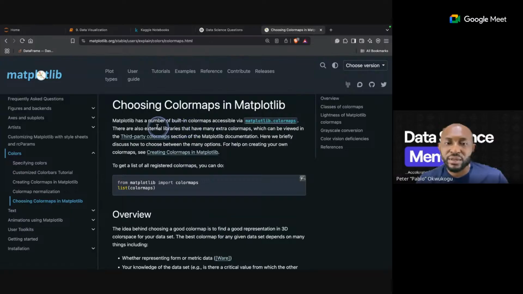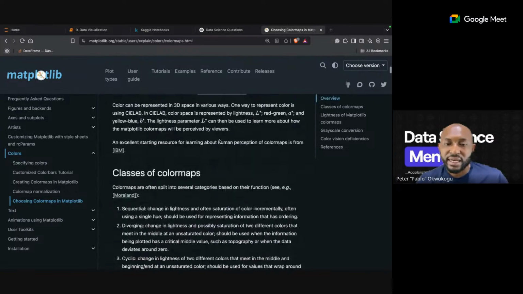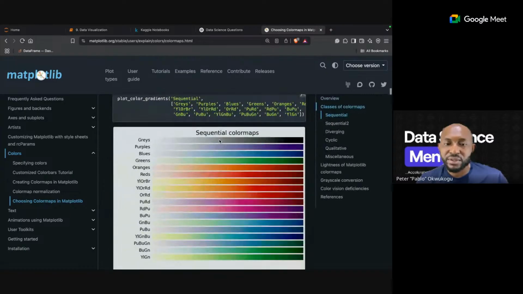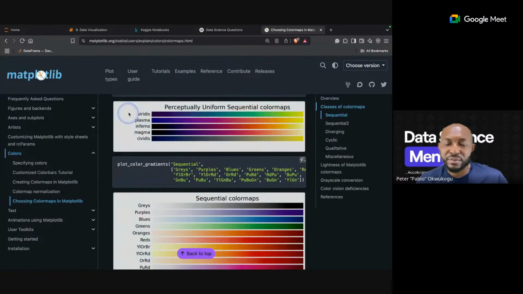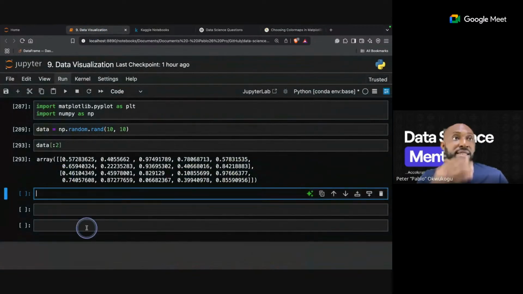Now, this Matplotlib has a number of built-in Matplotlib color maps, and so you can choose different color maps. You can see that there are color maps here. And I like to show this so we can put some context to what we're looking at. So the next thing I'm going to do is